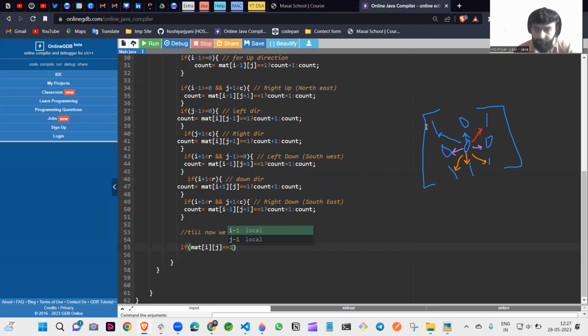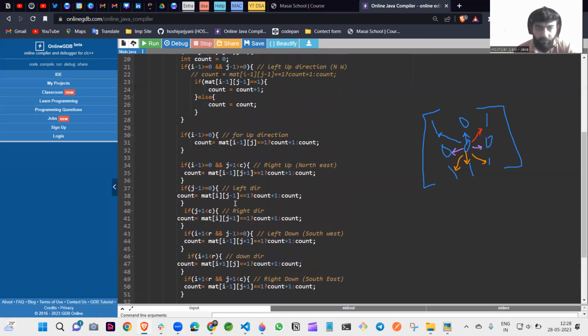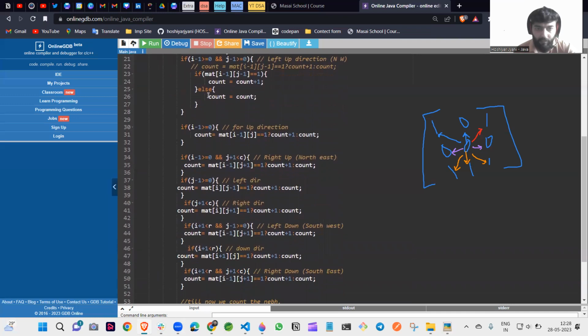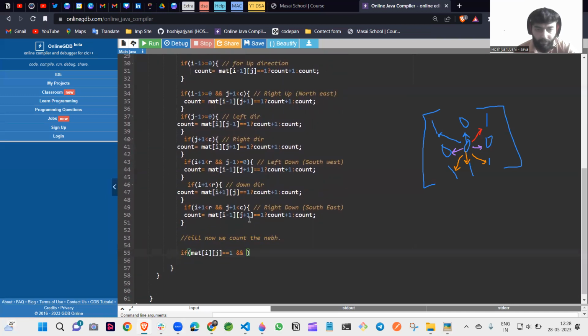Okay guys, if this element is 1, we now check the count value because the result depends upon the count. So we are checking for each element, this is i and j. This is the whole process for the counting. If matrix of i and j is equal to 1 and the count is less than 2,